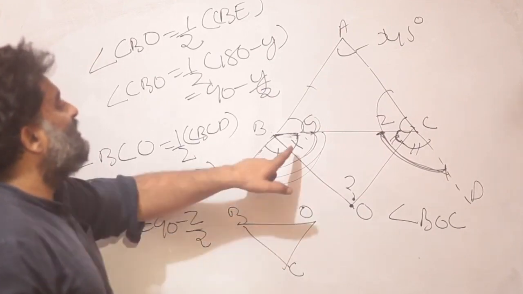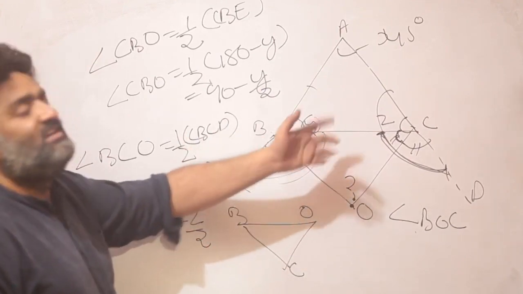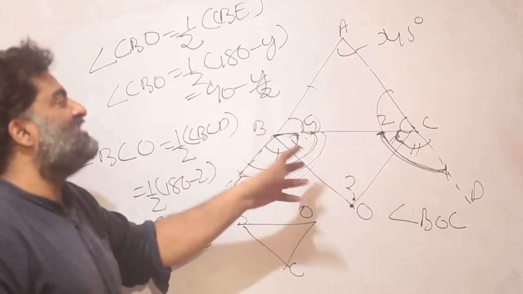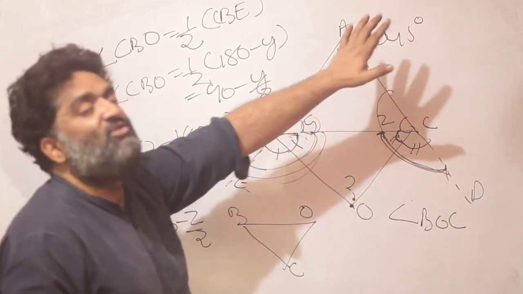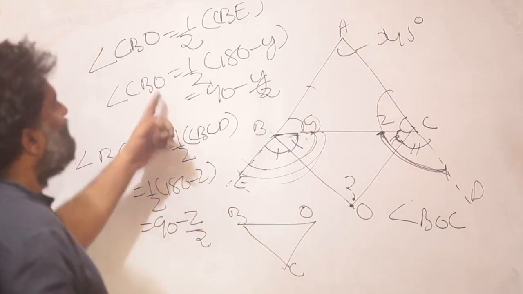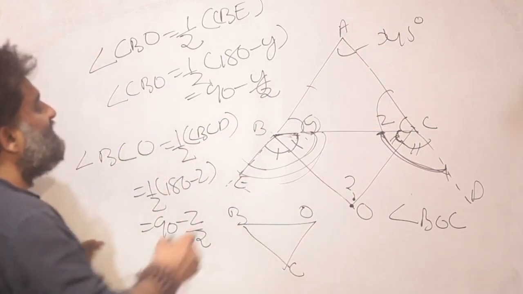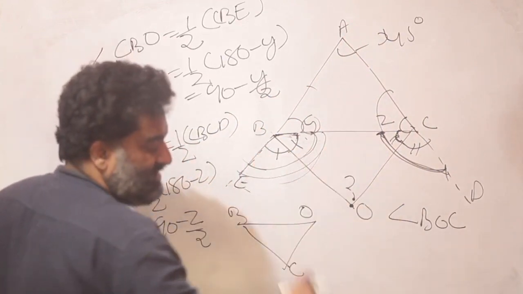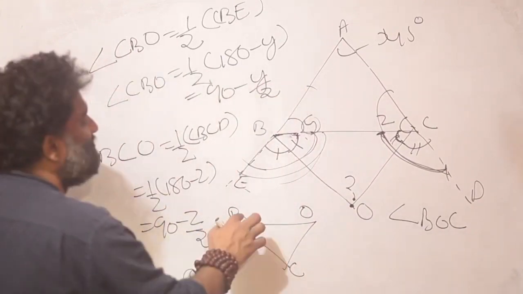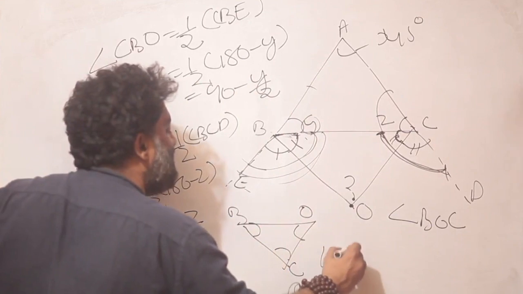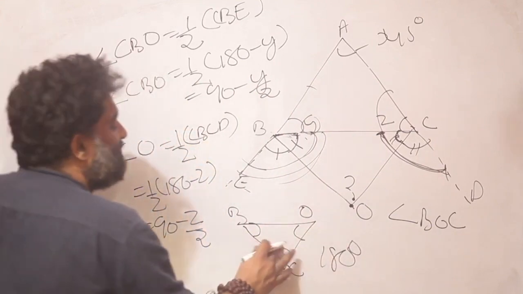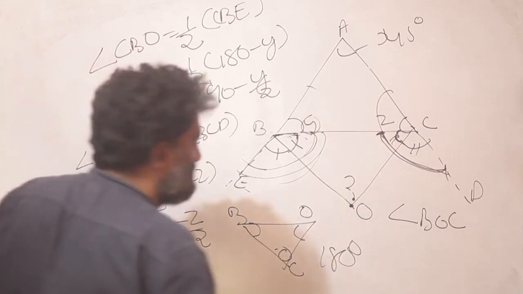So I've got the value of this angle in terms of Y and in terms of Z, and I can see now where the direction is going, because I will later use X plus Y plus Z is equal to 180 degrees, right? So write these stories somewhere and you have the values of this angle and this angle. Now if I focus on the triangle BOC, I know this angle, this angle, this angle is going to give me a sum of 180 degrees. Let me call it angle O for a minute for easy reference.